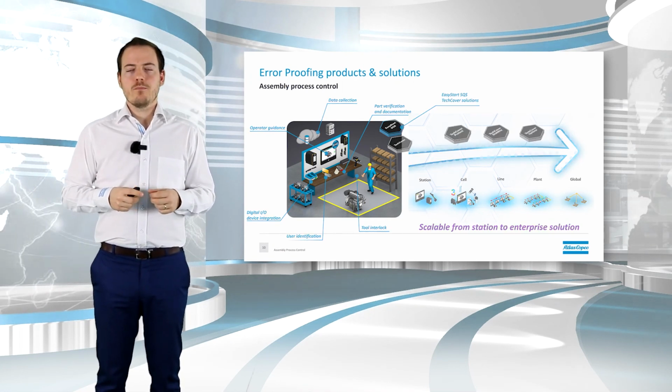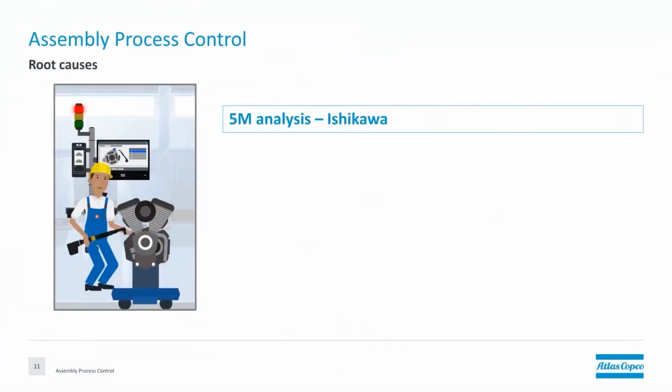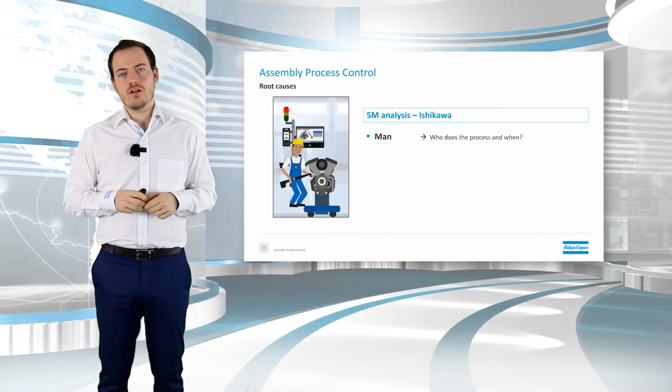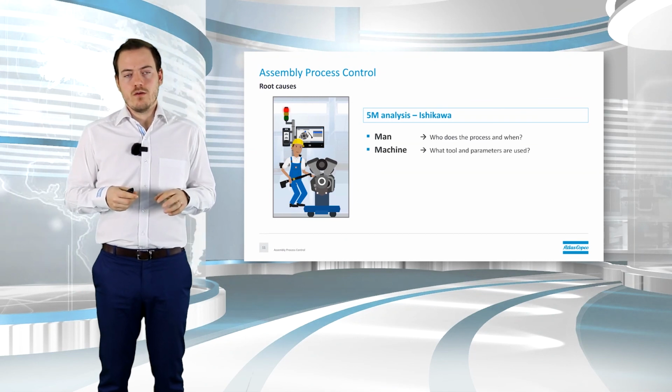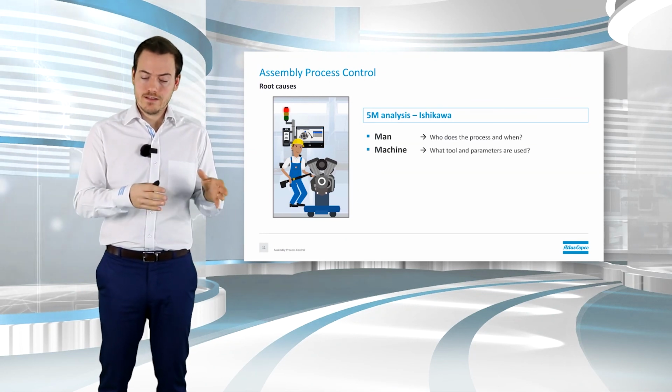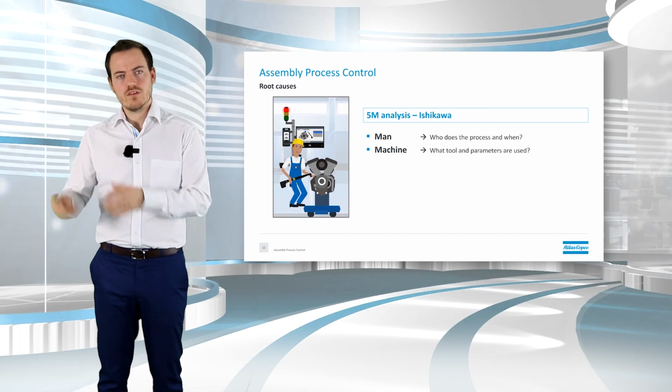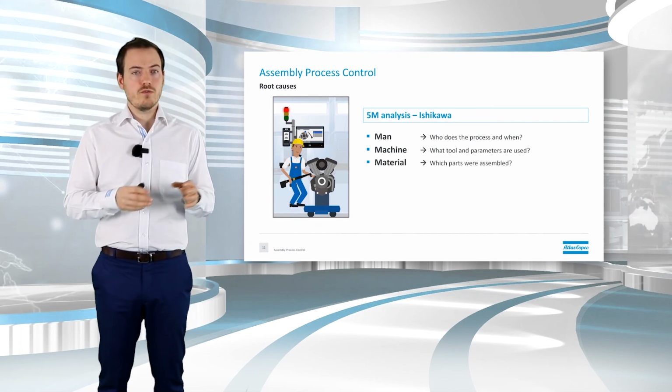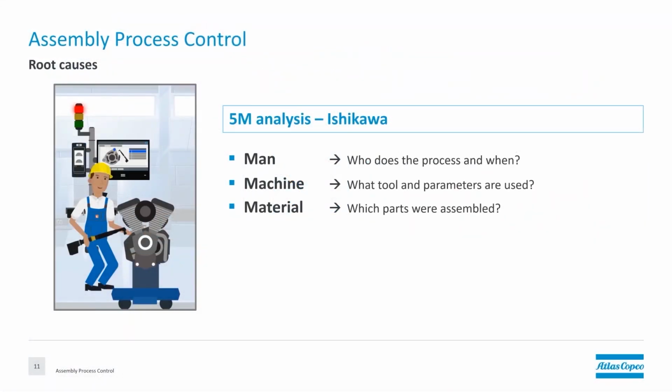Okay? So, wrapping up, let's go through the 5 M's and see how we sorted that out. Now we have this station, we have process control from Atlas Copco. As I said, we know who's doing that, and we know when it's being done. All this is recorded in our database. We know which machine. We're really controlling that the right machine is used at the right time with the right parameters. Okay, we know the right material is used, the right bolts, the right parts. Everything is according to what is specified.